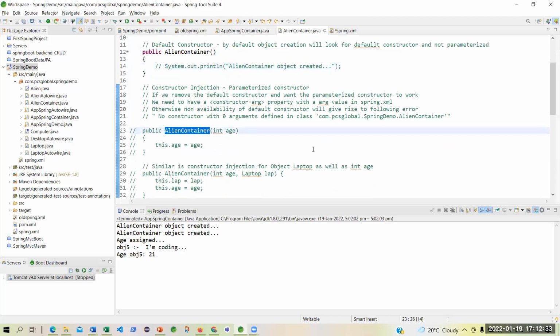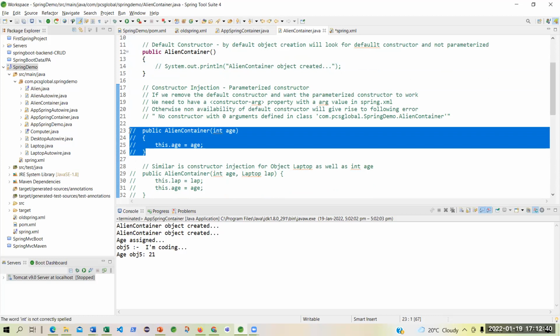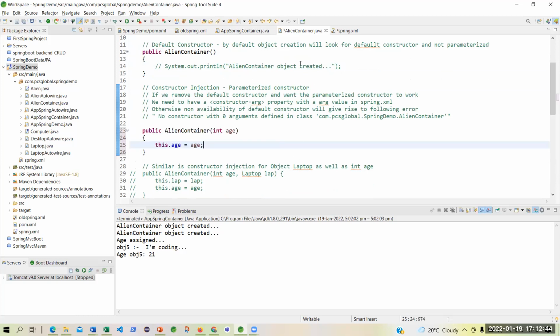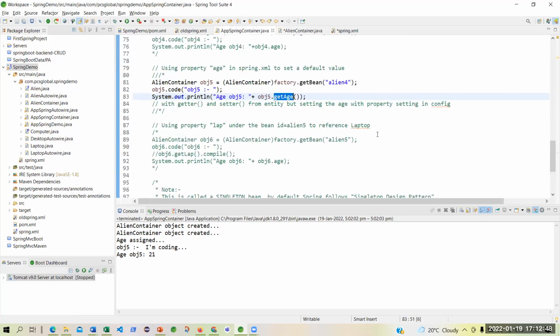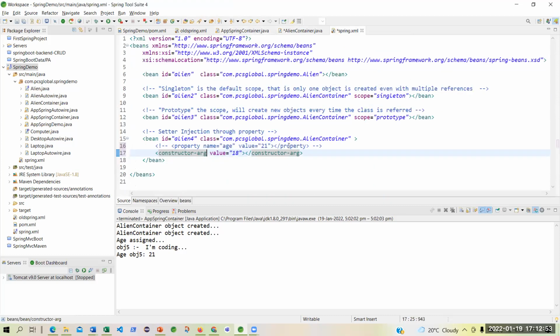Isn't this the constructor? Yes, sir. I should keep it on, because I am using a constructor argument.